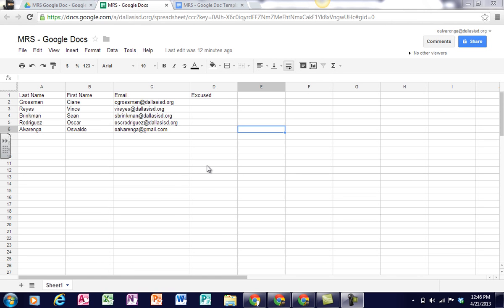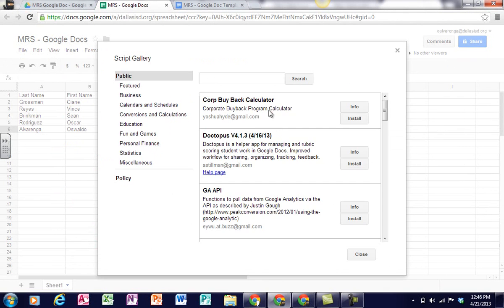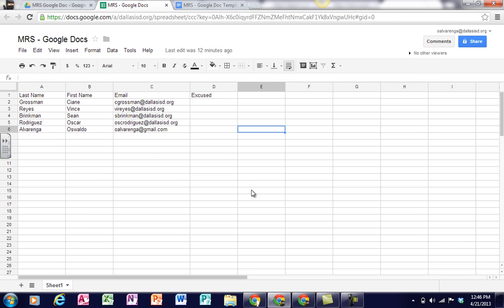And so what this is a Google Doc, and educators have gotten together and they've created scripts just for classrooms. And so I will show you one of the scripts that's available. So I will insert script, and this script's so popular that it just comes right up, otherwise you would search for it, but it's Doctopus version 4.1.3. I'm going to go ahead and install, and it says it's installing, and